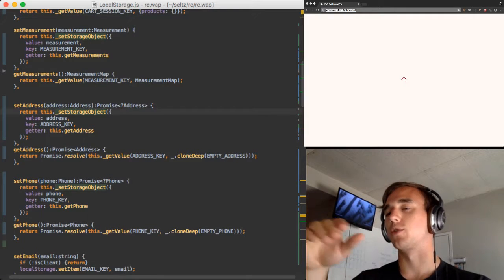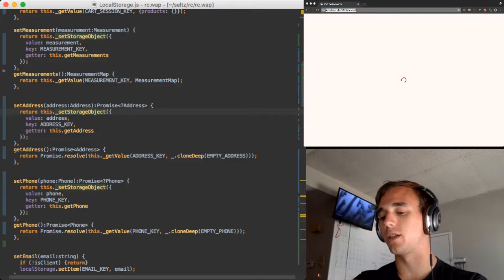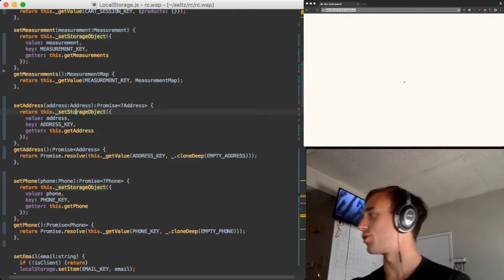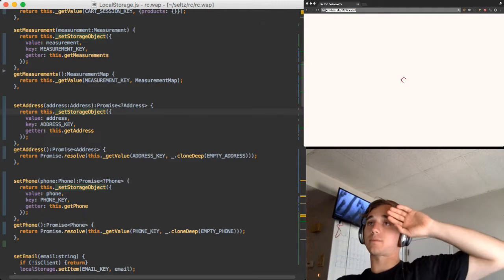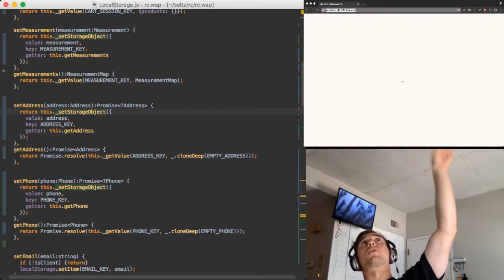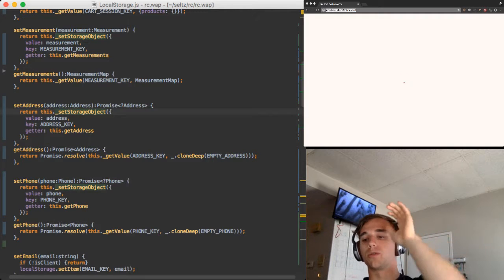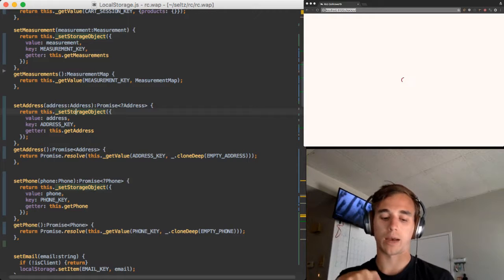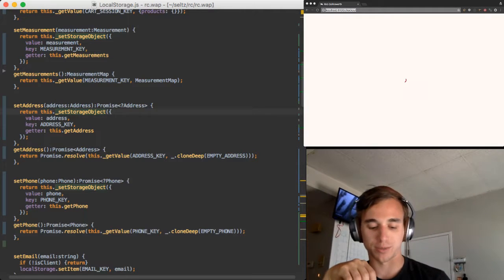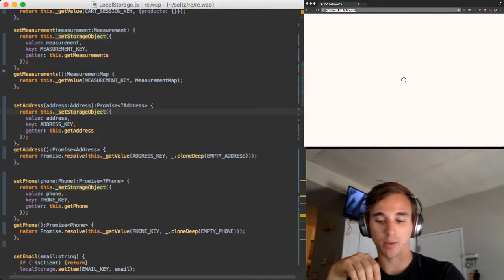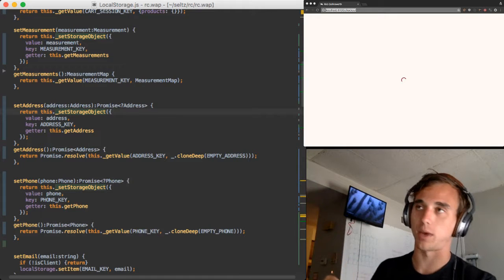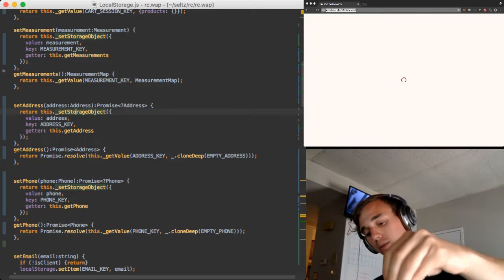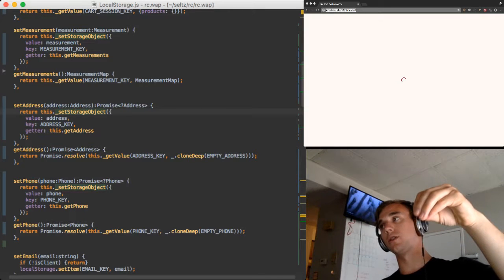Cool. Okay, so you see how we started with the idea of, I started with the idea, not the royal we, of converting things to promises, and then we noticed that code looked bad in the setters, and so you went and fixed the setters, and you go down the rabbit hole. You have to be careful how deep you go, because sometimes you can get really deep, and it's hard to unwind your way back up. So now we went into the rabbit hole of adding promises to this local storage file,